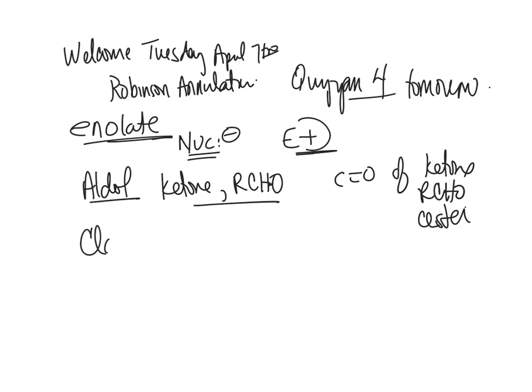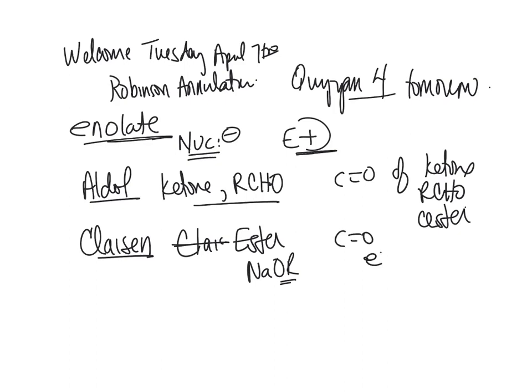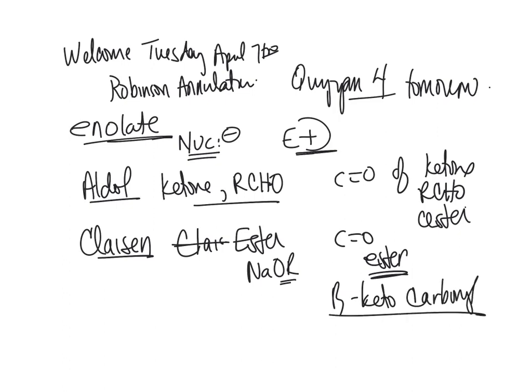And then with the Claisen condensation, your starting material, your nucleophile will be an ester, and your base would be whatever that alkoxide is for the ester, and then your electrophile would be the carbonyl of an ester. And if you have an ester as your electrophile, then you're going to make a beta keto carbonyl. Okay, because when you have the collapse of the carbonyl, the ester is your leaving group, and that's how you